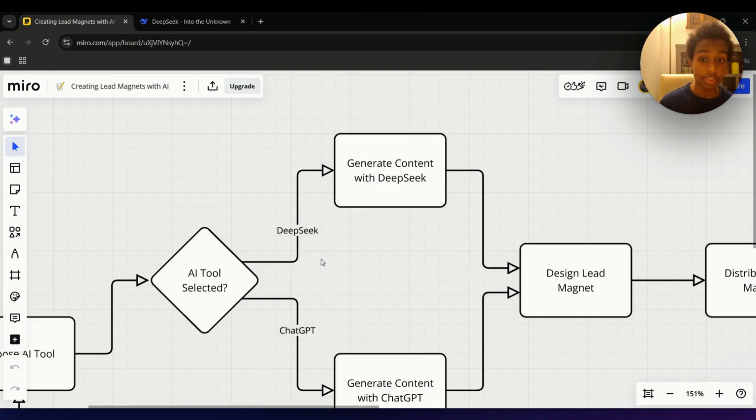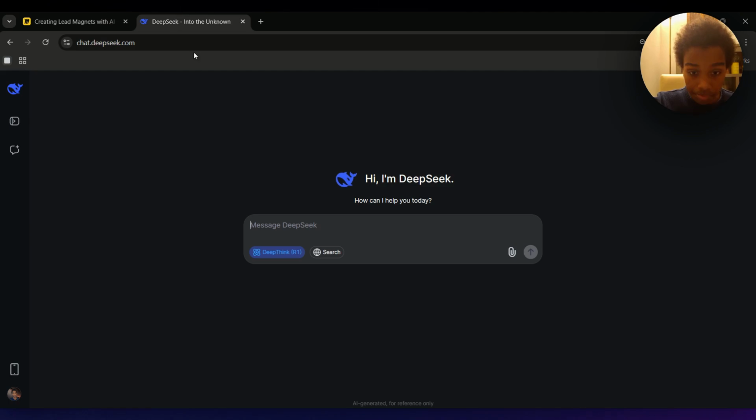So we're going to be using DeepSeek to generate a free lead magnet, so a little sample of what you're doing. For example, if it's a fitness coach, it can be maybe a 30-day meal plan on how you can lose weight or how you can gain muscle, right? Just a small thing, a little snippet of what you do, because then it'll build trust with them, right? It will, number one, get you as an authority. Number two, once you have them as a client, it's going to be really hard for them to get a bad impression of you once you've actually started working with them, since you provided them with value even before working with them, right? So let's go over to DeepSeek and let's see, for example, generate me